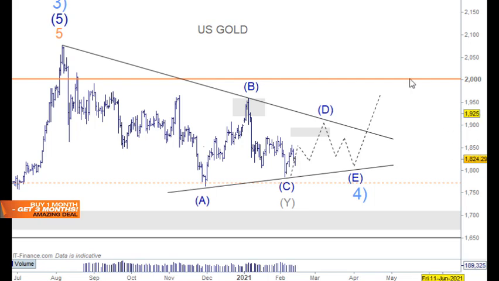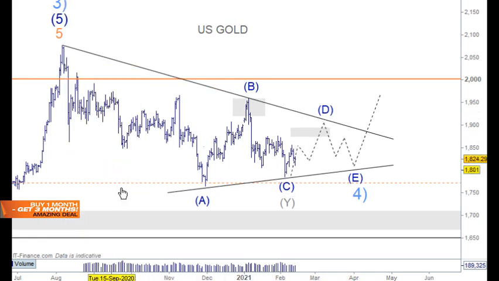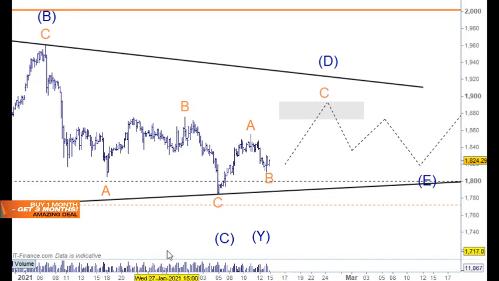So anyway, let's go in from the daily chart here into the 4-hour chart and pick this little move up in here as a 4-hour chart. So we're looking at wave C coming down through here. It's possible that Y is here. I don't think that's the case, but